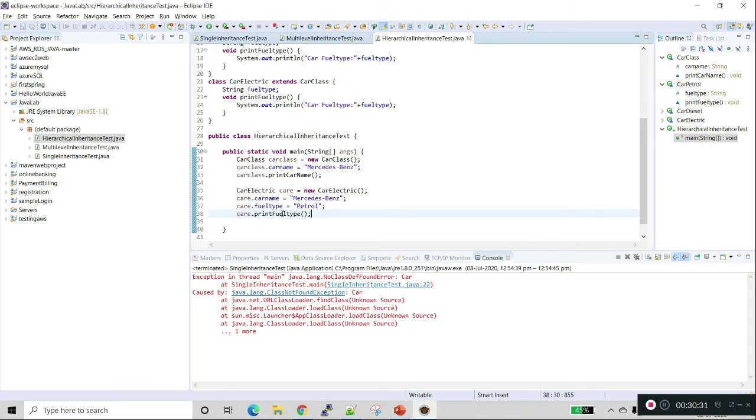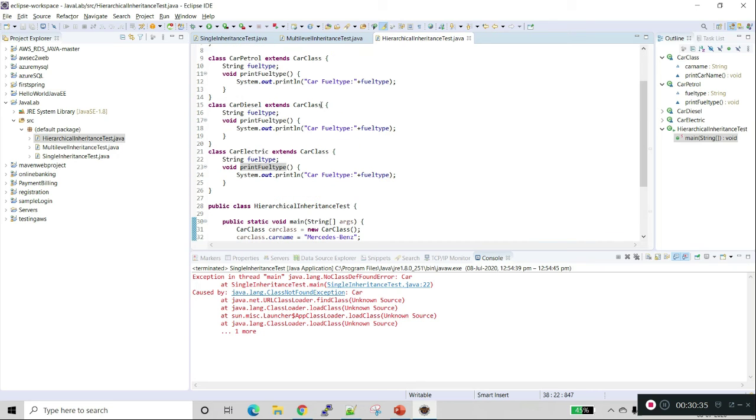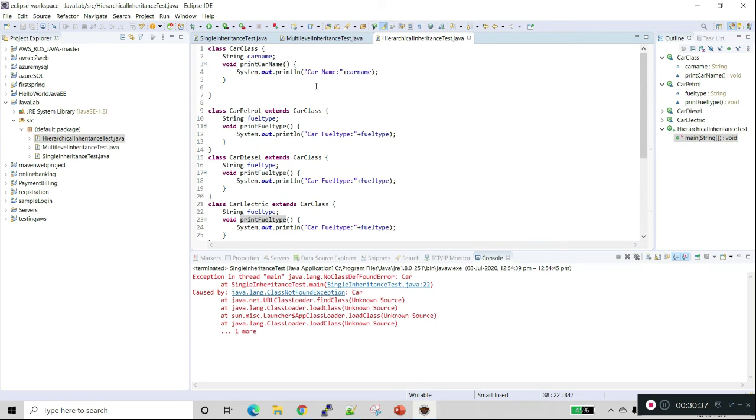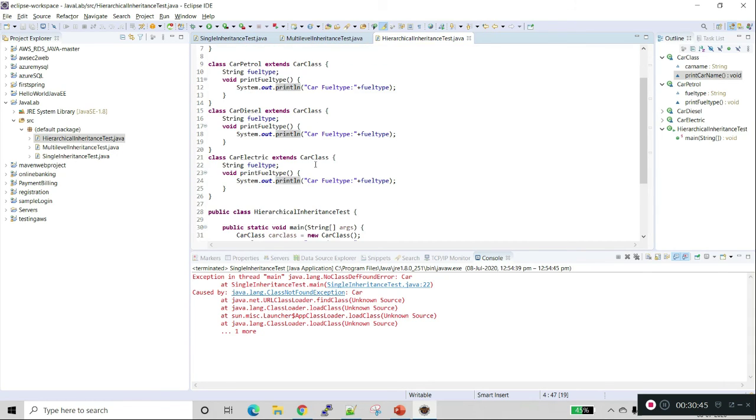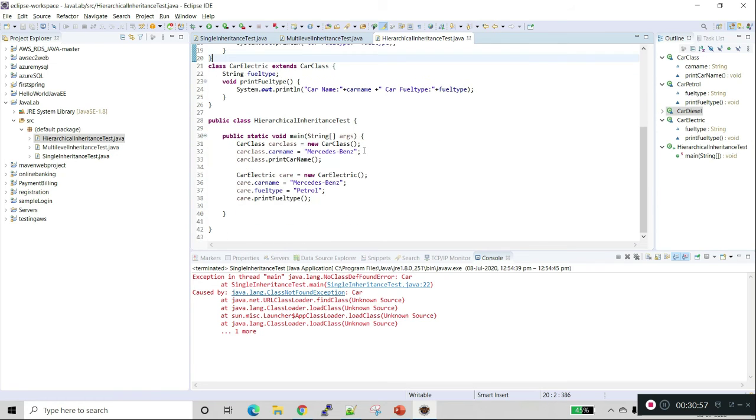In the fuel type I will add both the details, car name and fuel type. Now we will run this car class.